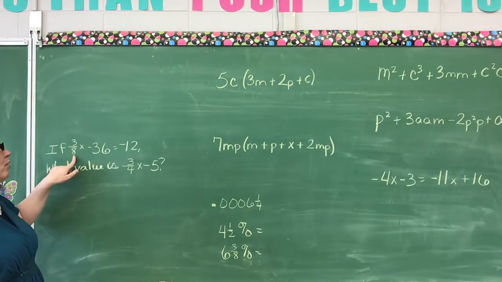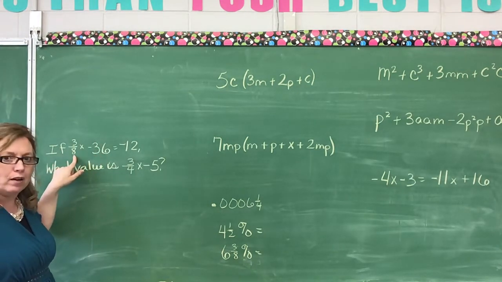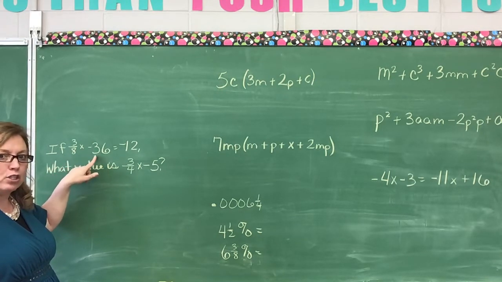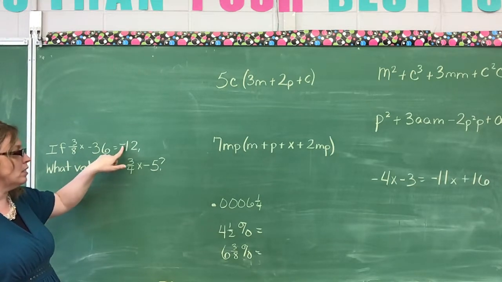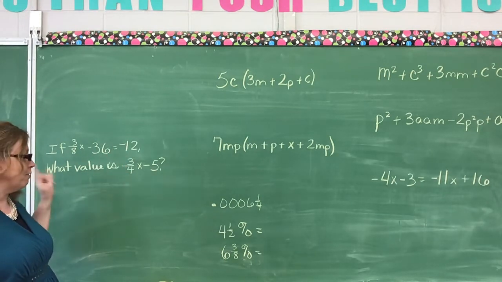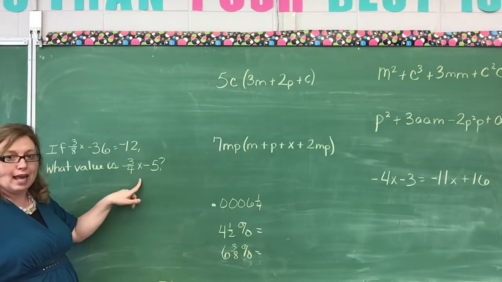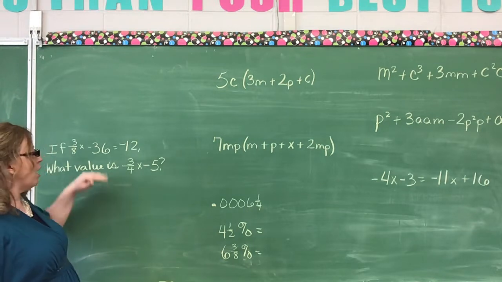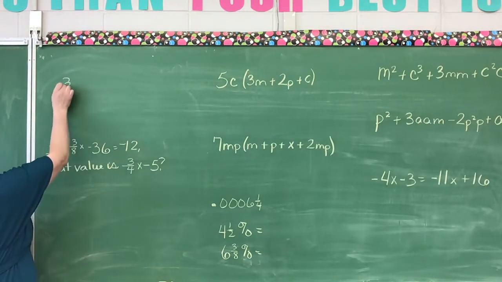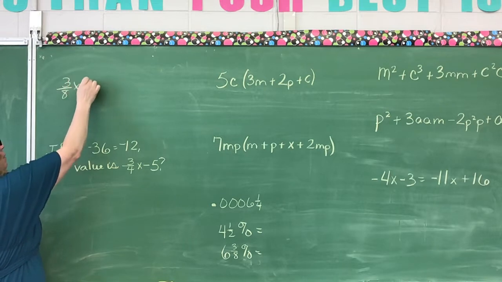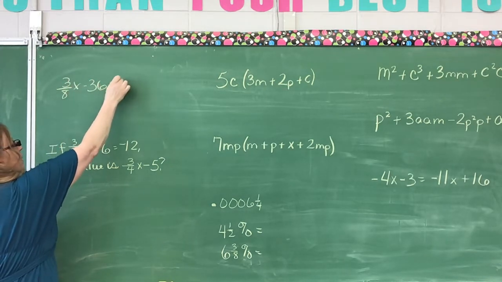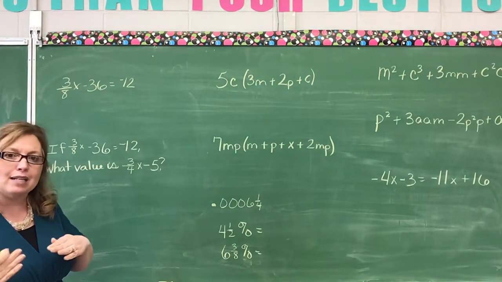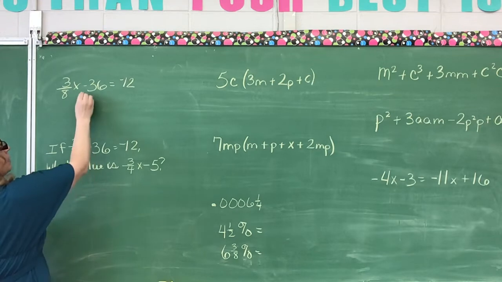Write these down, do them with me, it'll help you. If you have 3/8x minus 36 equals -12, what is the value of 3/4 x minus 5? Again, which equation can you solve? That's the first one. So we're going to say 3/8 x minus 36 equals -12. So the first thing I'm going to do is what? Get the constants together. That means I need to get rid of this. I'm going to add